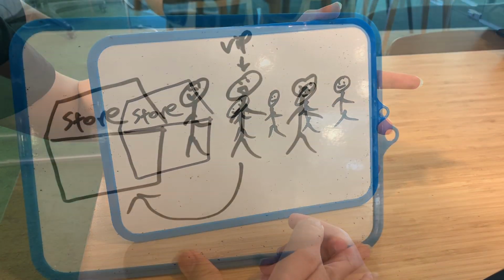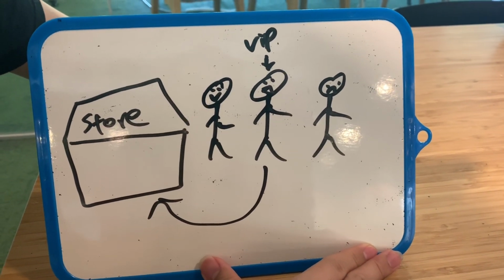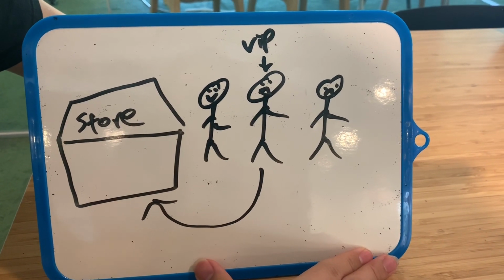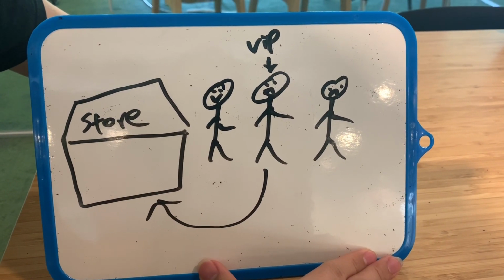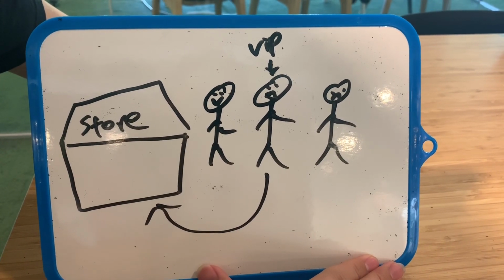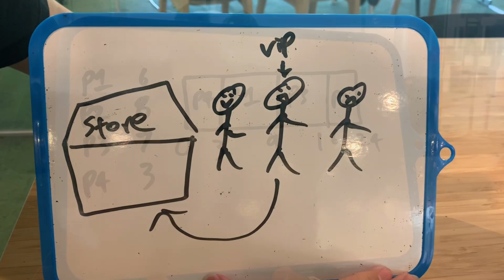So for the next process scheduling, we'll be talking about priority scheduling. The basic example is that every process will be given a value to determine how high on the priority list they are. The one with the highest priority, which has the lowest value actually, will be going first, such as the VIP, skipping the line and going straight to the front.